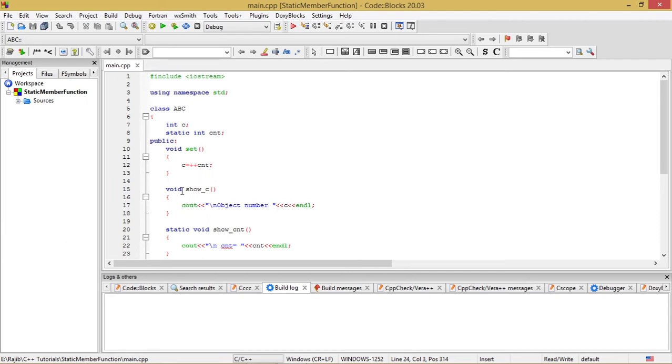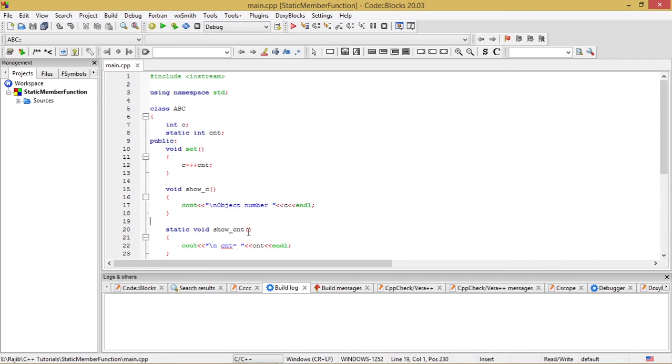After that, I have defined another function, void show_c, and written a single expression statement inside that as well, that is cout << "object number " << c << endl.